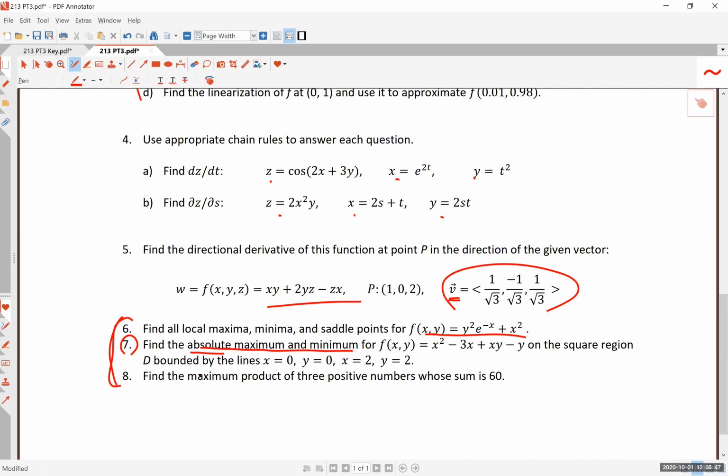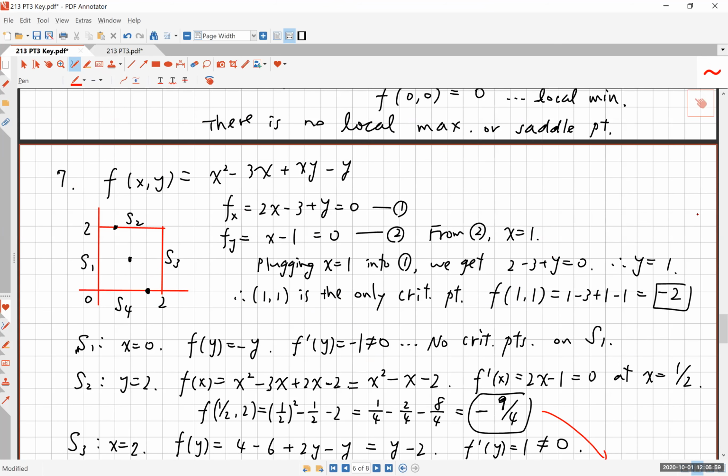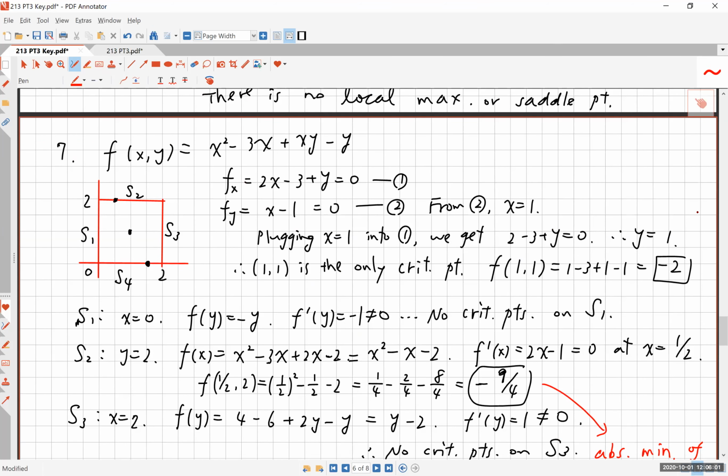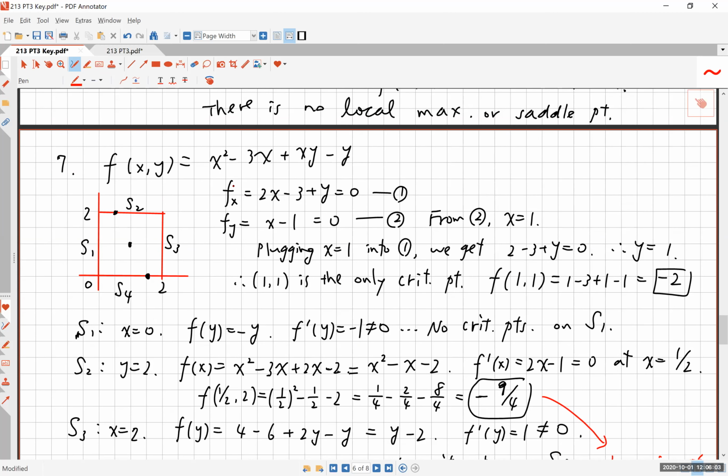And then they give you a bounded, square region. And you say, yikes again, because square means you have 4 edges, right? And you have to check all 4 edges. All right, so I'm not going to go into all the details, but for number 7, you are given this